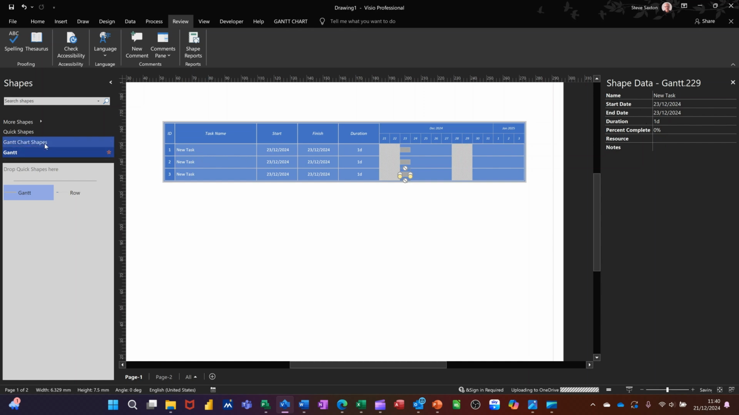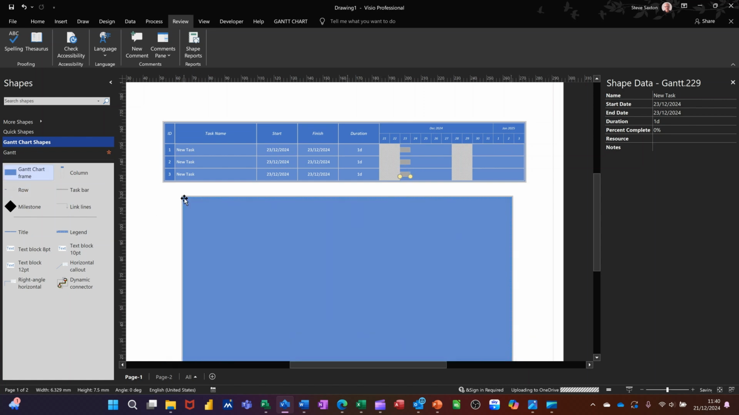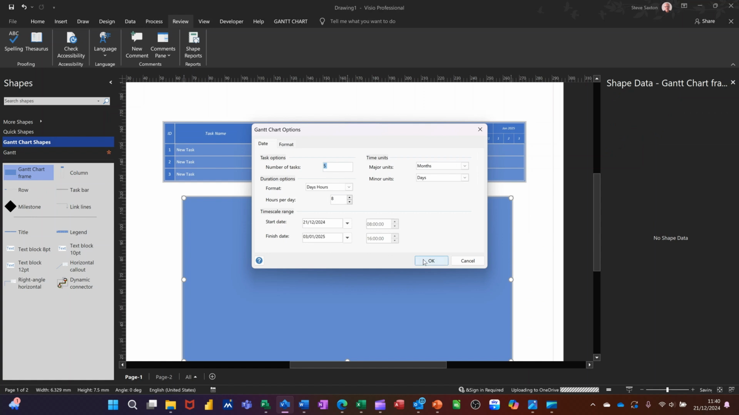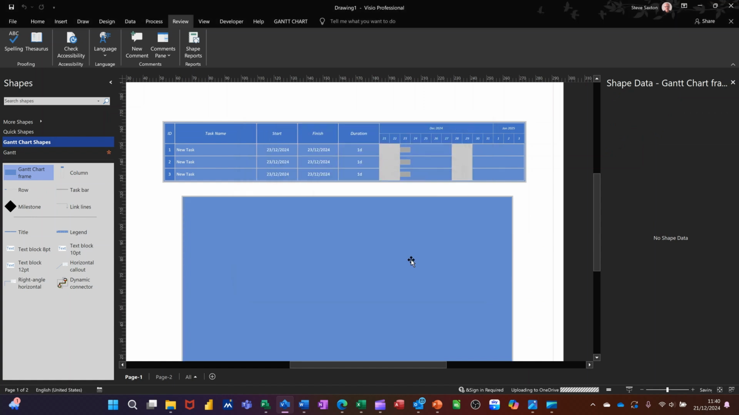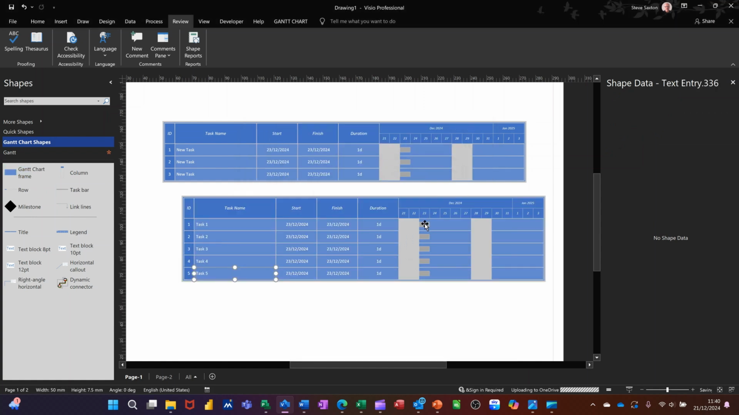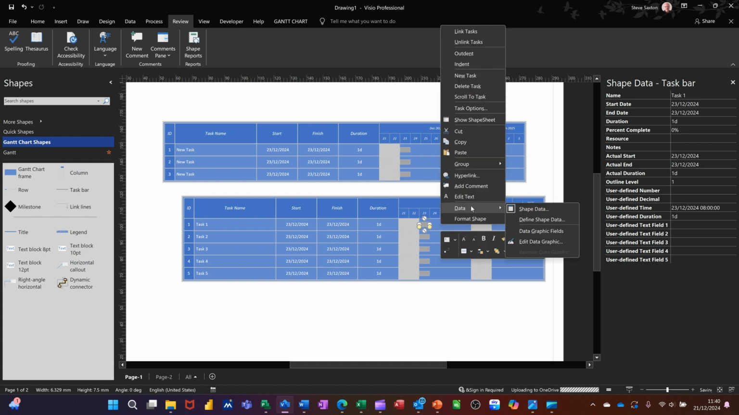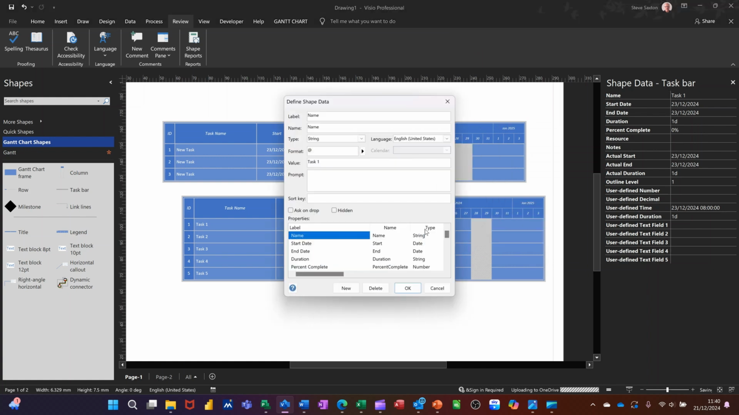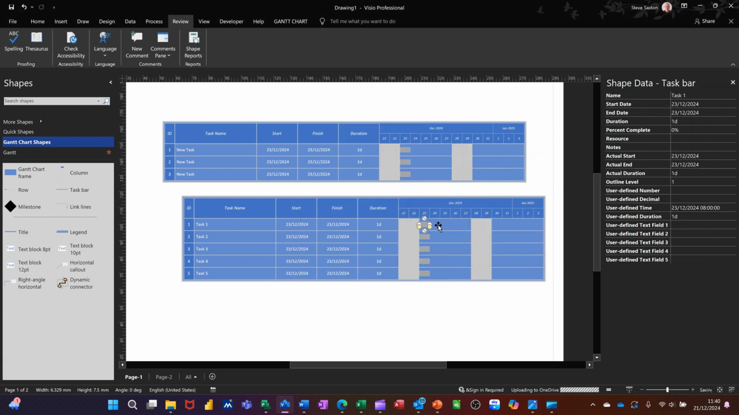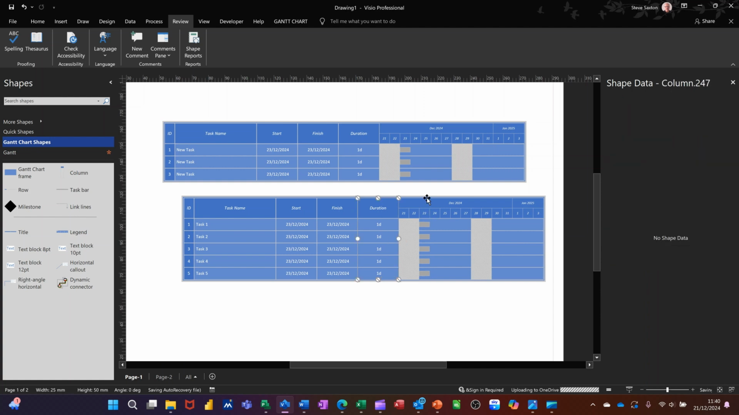Now if I go back onto the default one, when you bring in the default Gantt chart, I'll let it have 5. I'll click OK. It'll just load that up. If I click on one of these icons, all of this appears. And obviously I can edit this. I can right click and go into data and then define shape data and get rid of it. But I'd have to do that for all of the bars that are in this Gantt chart, which is time consuming. So what I've done, if I just delete this,